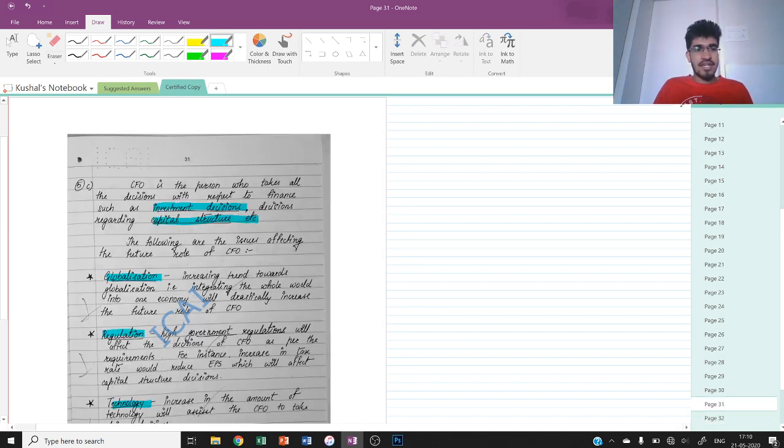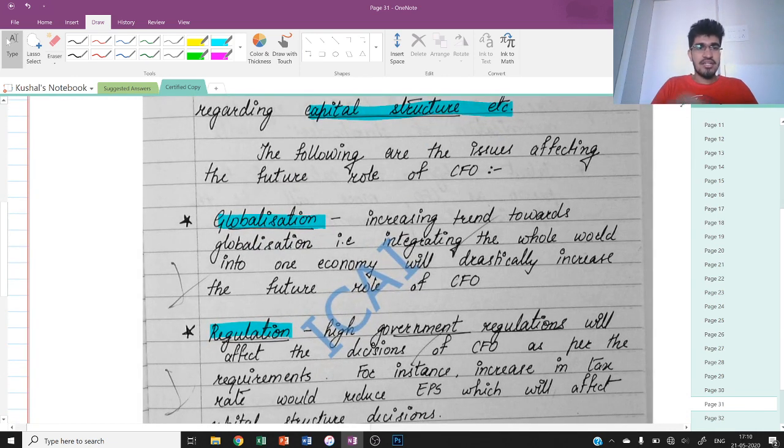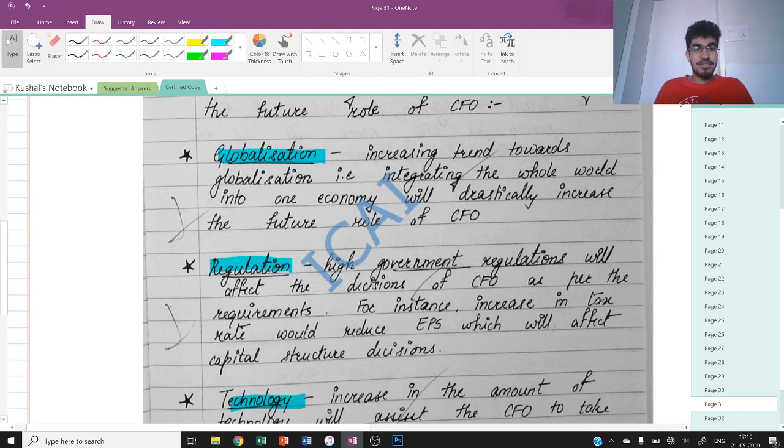See, I have been telling you again and again, even if you write these keywords, the examiner is definitely going to give you a mark. Just explain these keywords in your own words. That is not going to hamper any marks which you are going to score. If you write globalization, write the definition of globalization as per your general understanding, and trust me, you will score 1 out of 1 mark for the globalization definition.